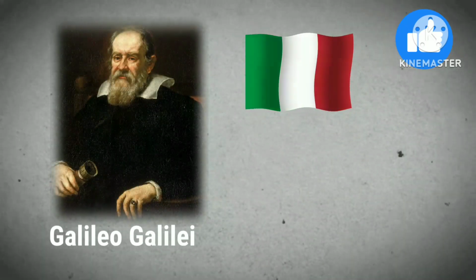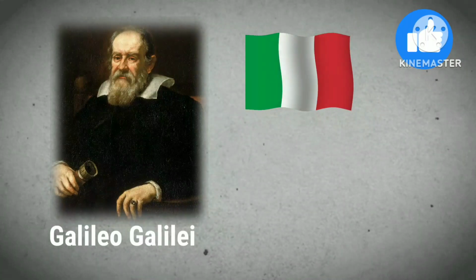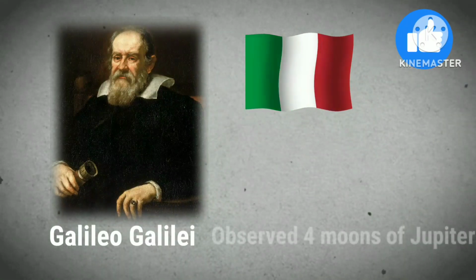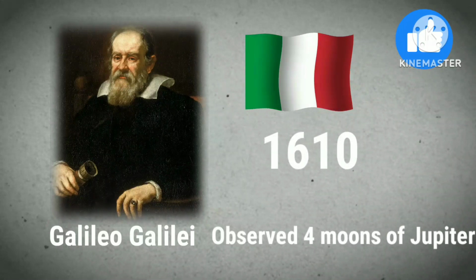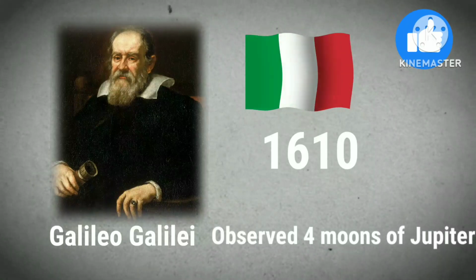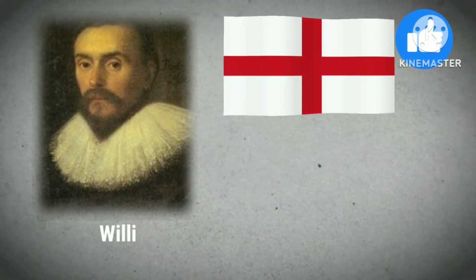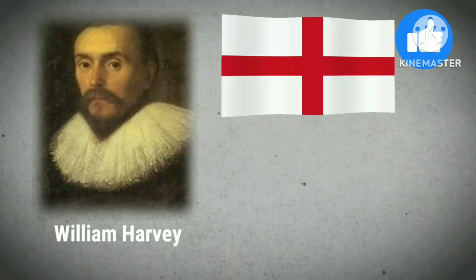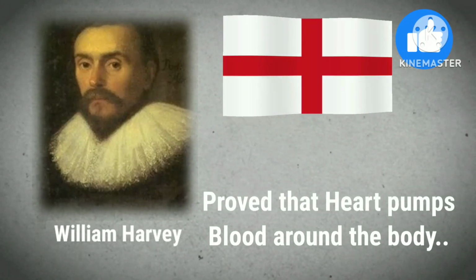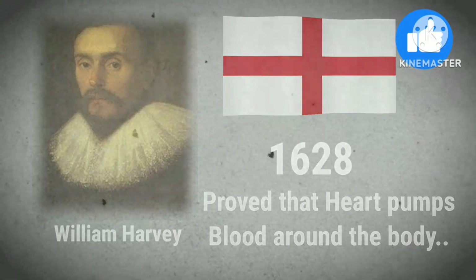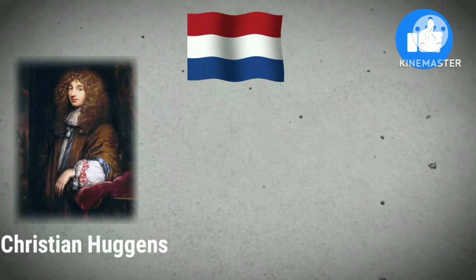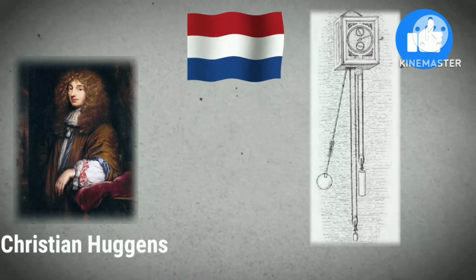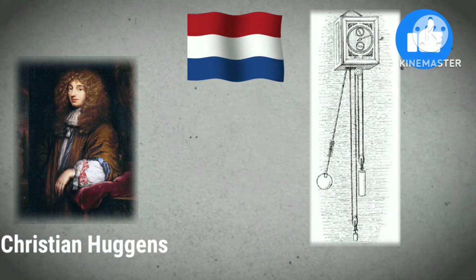Next, an Italian scientist, Galileo Galilei, observed four moons of Jupiter in 1610 and also supported the theory of Nicolaus Copernicus. Next, an English physician, William Harvey, proved that the heart pumped blood all around the body in 1628. Next, a Dutch inventor, Christiaan Huygens, invented the first pendulum clock, which was more accurate than other clocks at that